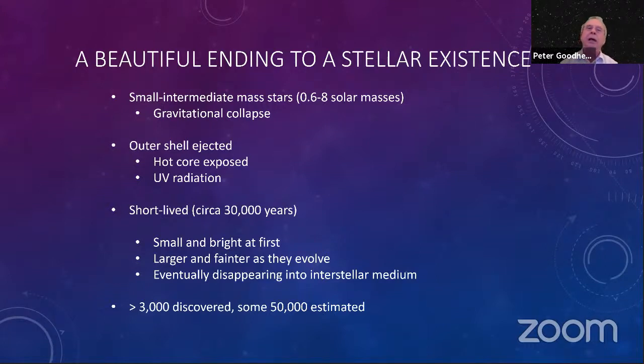And this is key in terms of both discovering them and also imaging them, because if they're very small and bright, then you need a very long focal length telescope in order to be able to see them, but they're extremely bright, so it's quite easy. If they are large and faint, you don't need so long a focal length because the object is much, much bigger, but you need extremely long exposures. And as they get more and more evolved, more mature, they get fainter, then you end up with imaging times which get longer and longer.